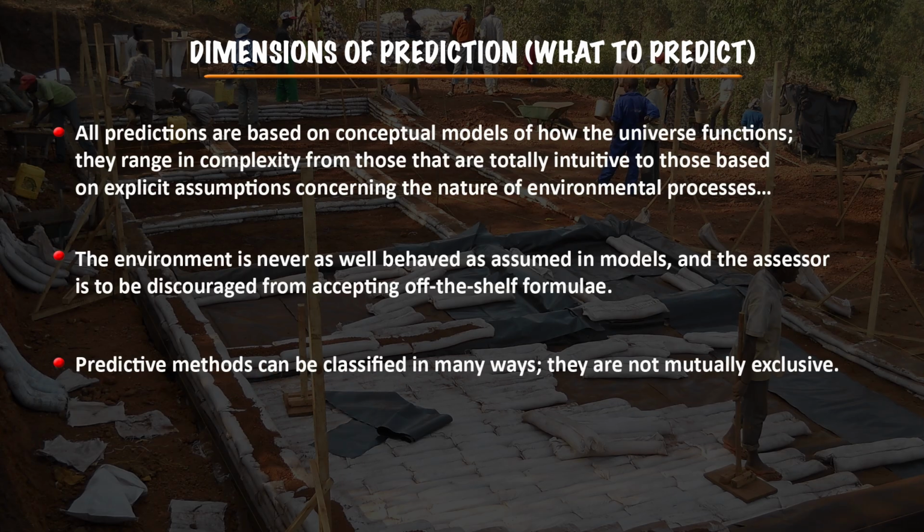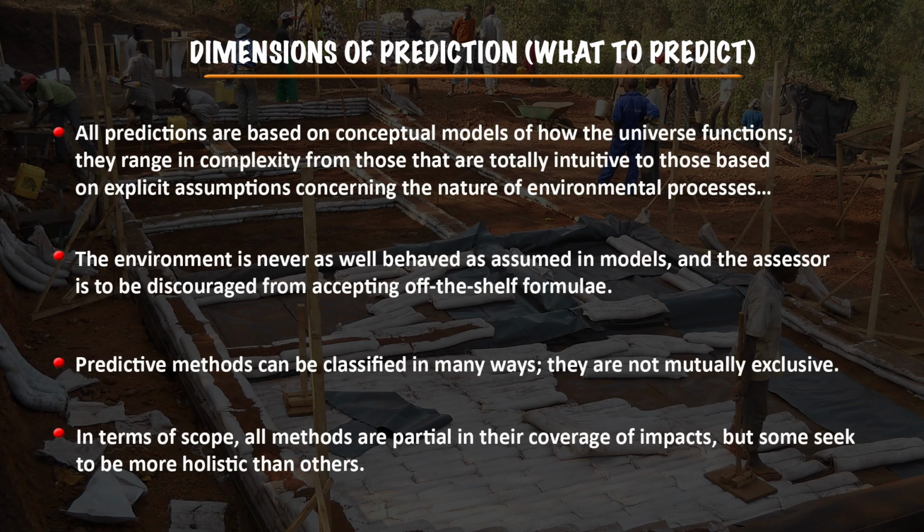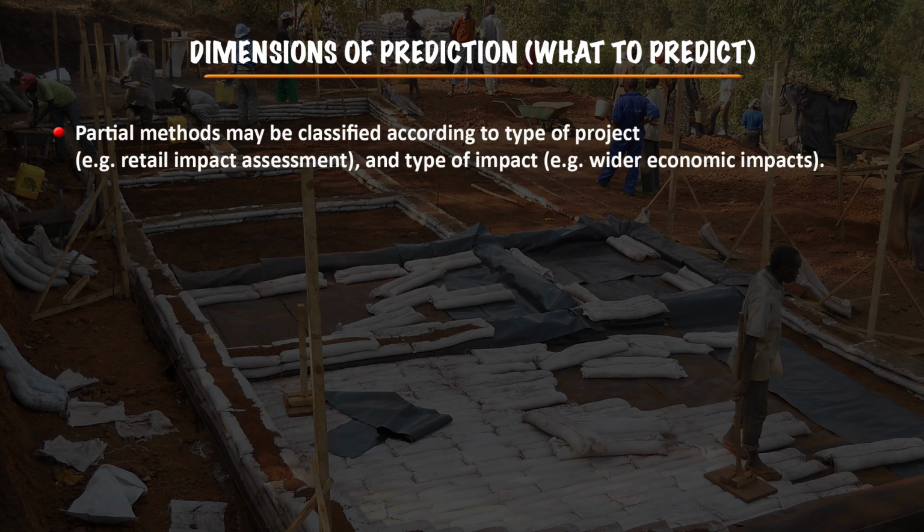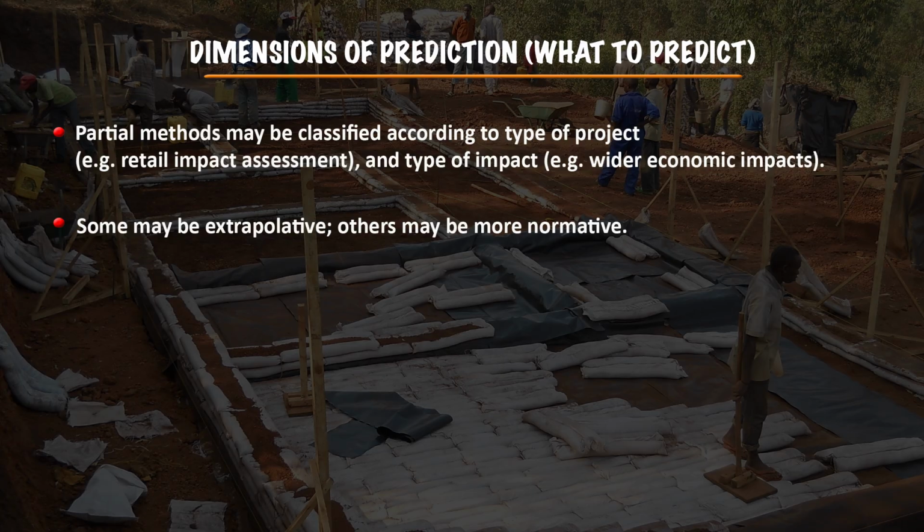Predictive methods can be classified in many ways. They are mutually exclusive also. In terms of scope, all methods are partial in their coverage of impacts, but some are required to be more holistic than others. Partial methods may be classified according to the type of project, for example a retail impact assessment, and the type of impact, that is wider economic impacts, and some may be extrapolative and others